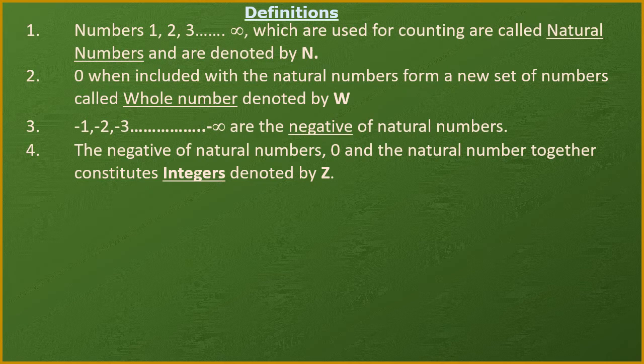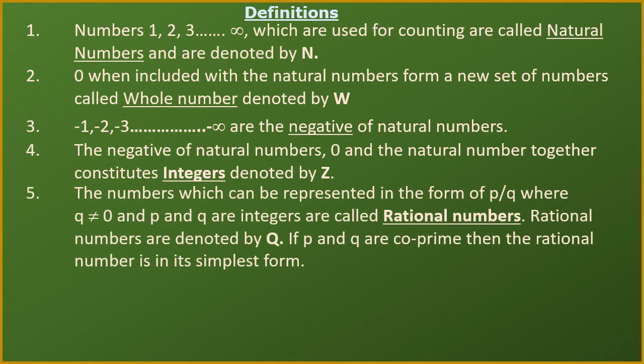Integers, in simple words, are those kind of numbers which are either negative or positive, but they are non-fractional, non-decimal. Means those numbers cannot come in fractions, cannot come in decimals. So they will be called integers, and they are denoted by the symbol Z. Similarly, let's see the next one. Next one is rational number.